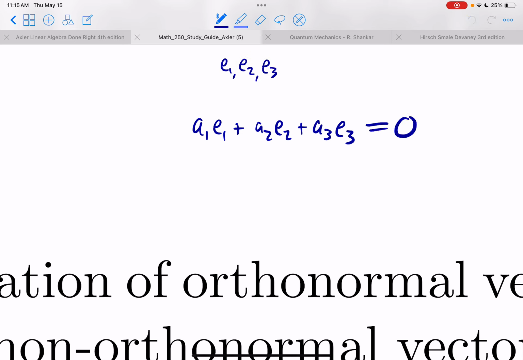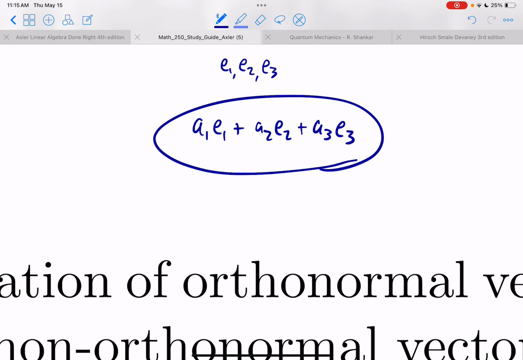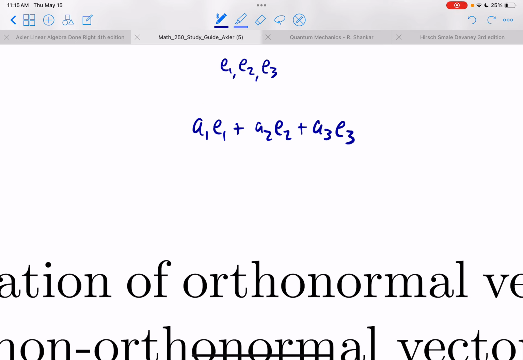We're not setting this to 0, we're not proving independence, here's just some linear combination. What's the norm of this vector? Let's call it v. What's the norm of v? Well, if we take v dot v, we can calculate the norm squared and then take the square root. So what's v dot v? It's v dot